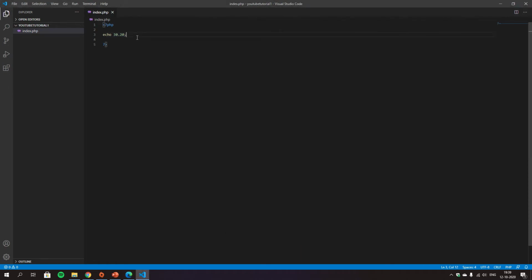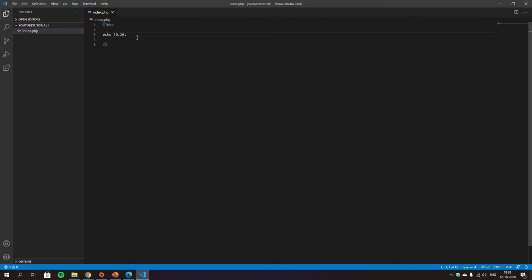Now if you want to know how you can create a PHP variable, the first question is, what is a variable? A variable is a keyword in PHP where you can store any type of value, and after that you can display that variable.